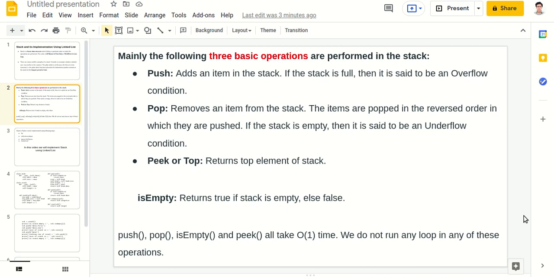Pop removes one element at a time from the top of the stack, and peek simply checks the element which is at the top of the stack. It doesn't remove anything, it just checks. Okay, have a check what is there. And we need to keep one more condition in the pop, that if the stack is empty then null will be returned by pop,